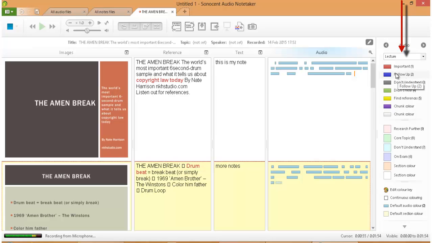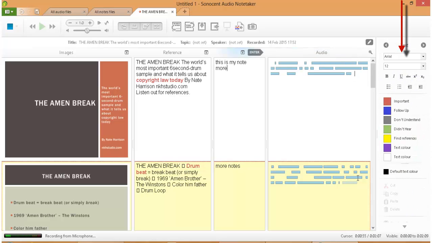So if I'm listening back, I can actually press the corresponding number on the keyboard. For example, if I press 1 on the keyboard, it will create red. If I press 2, let me show you what I mean. So maybe you're doing another note, so let's do another note. I'll do more notes at the top there,